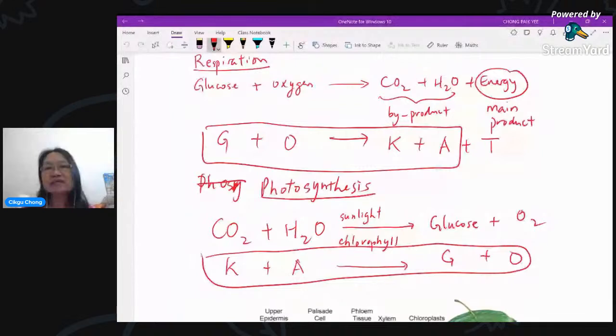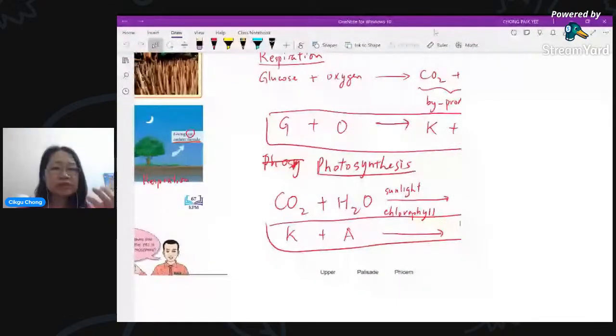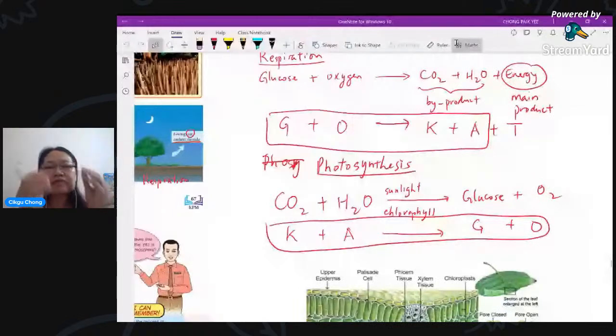Okay, so let me check questions. So far nothing. I'll carry on. Over here, you say photosynthesis, you also talk about gas. So there must be a place for them to enter because they want to carry out this process. How to give it to the cells to carry out the photosynthesis? The gas actually comes from the air. It must enter through certain spaces. So the most important place to enter is through the leaves. There's a little hole there, in fact, many holes. They're called stoma. These are the part where the gases come in.